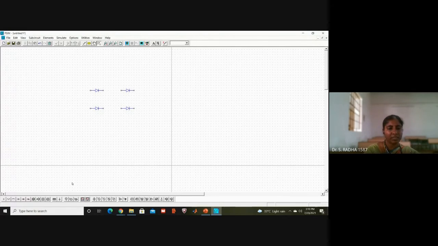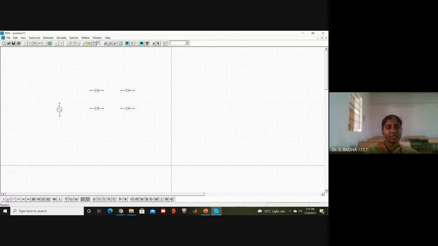Next is the V sinusoidal. You can put your cursor on it and check. At the bottom left it is displaying sinusoidal voltage source. If I change the cursor, next is the triangular wave voltage source. I want sinusoidal only, so I am going to this input. Just click on it and drag it to the workspace. Press Escape and it will go from the cursor.